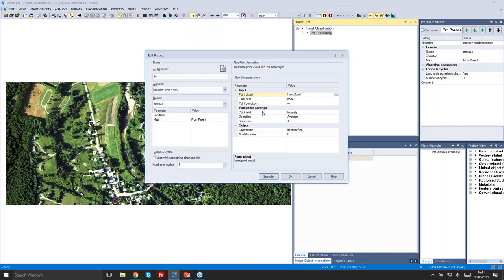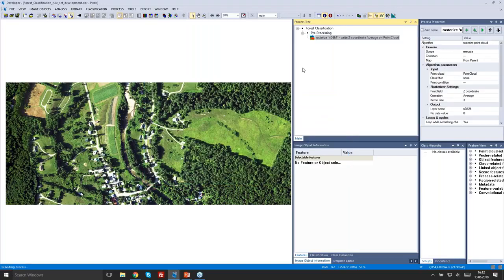Then rasterize settings, point field. Here you can choose all the fields that are within the point cloud. In our case, we want to rasterize the Z coordinate, so the height. I'm going to choose a kernel size of 3 and give the output layer a name. In our case, it's NDSM. So the point cloud was already normalized, so the elevation reflects the normalized digital surface model. And when I execute that,